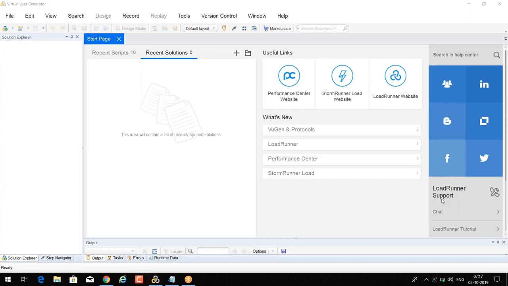We'll discuss further which kinds of applications we can use it for. One more thing, True Client is not only used for performance testing. Yeah, there is one question for SAP. We have SAP GUI and SAP Web protocols. Yeah, fine.